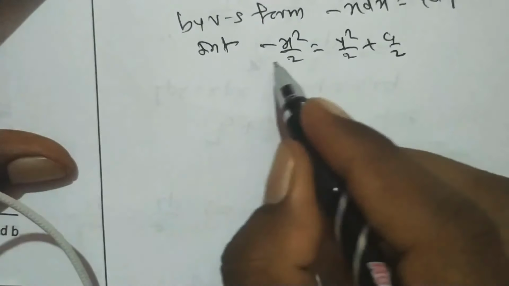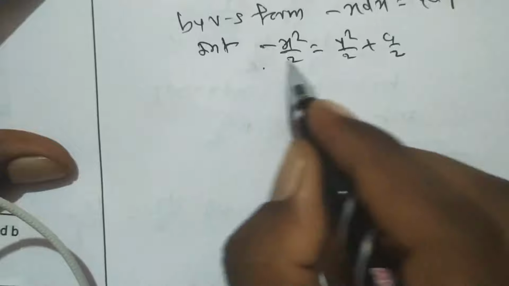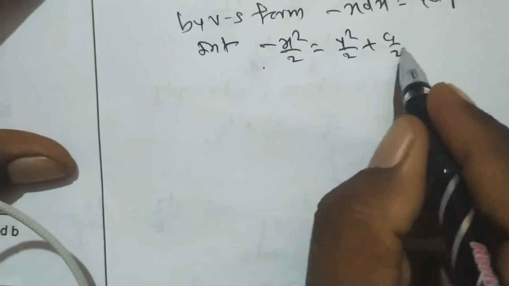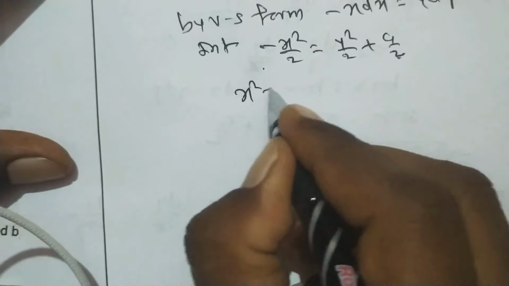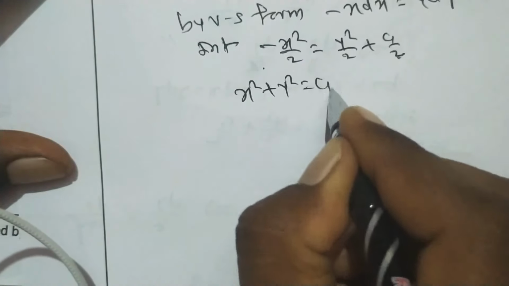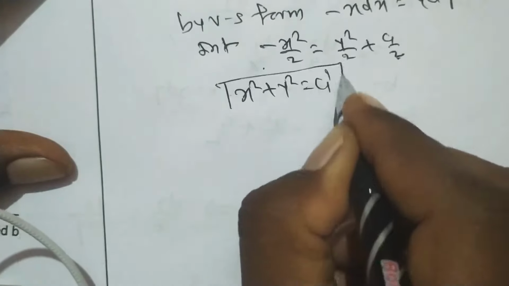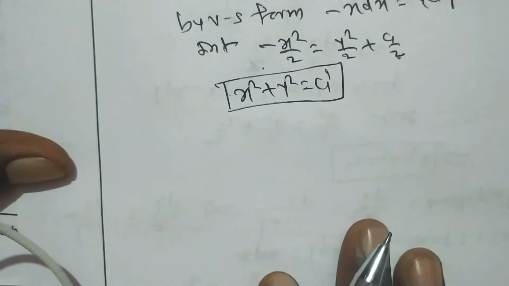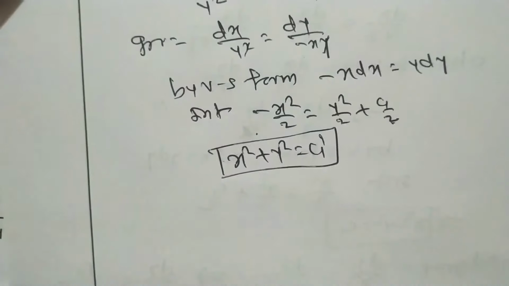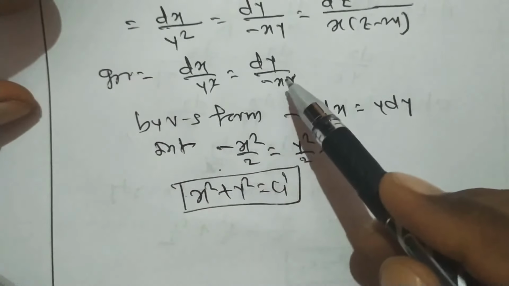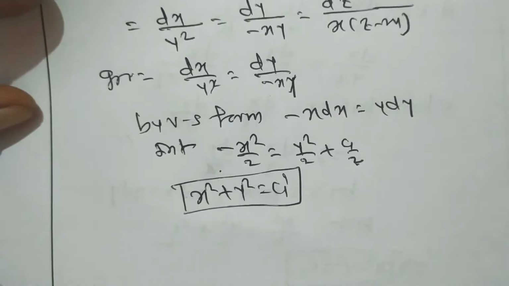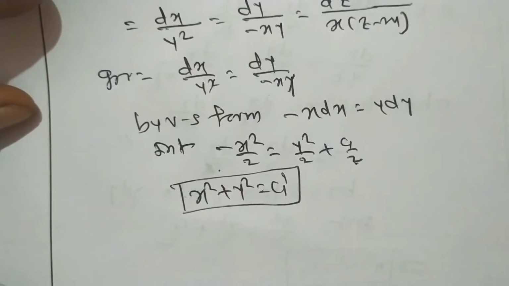And if we write this term on the LHS, then we get both minus signs, and if we transfer this minus to the arbitrary constant, then this becomes x square plus y square is equal to c1 dash or c1, constant, it makes no difference. So this is the first solution of this auxiliary equation. Now we have to choose a second group for the second solution here. So by the grouping method, is a second solution possible here?